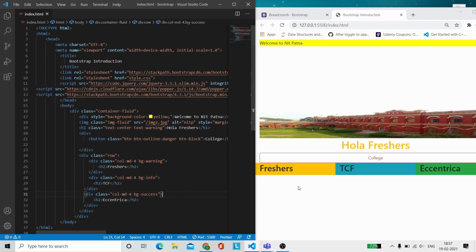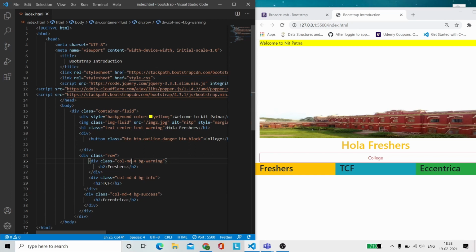As you can see, the whole thing is divided into 3 different columns, and we are having these colors as given here. So this is how we can implement the bootstrap grid. Not only MD, we can give it XL for very big screens having a viewport of 1140 pixels and more.